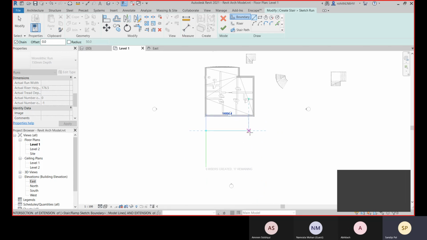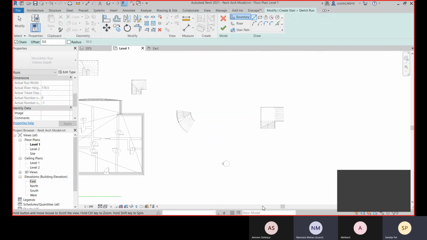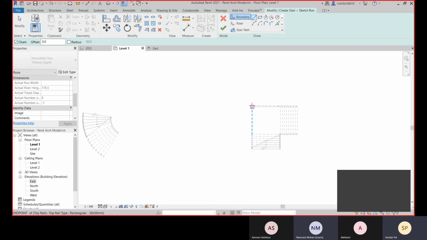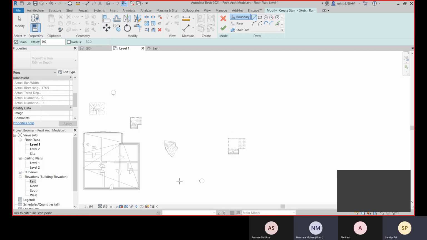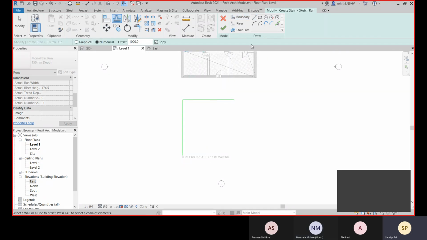Like this you can create your boundary. Boundary is the total box in which the staircase is. So this is the boundary. Let's go with this offset value.